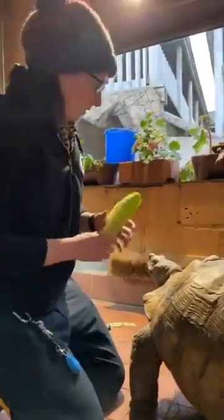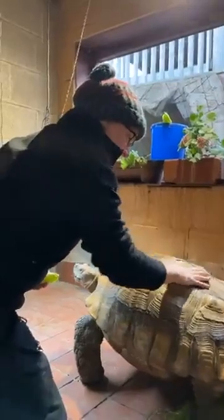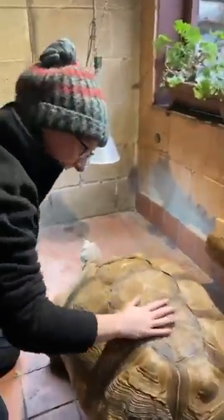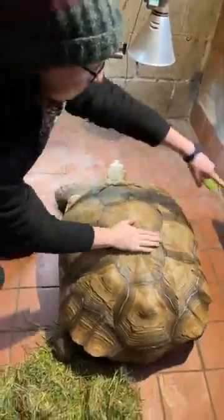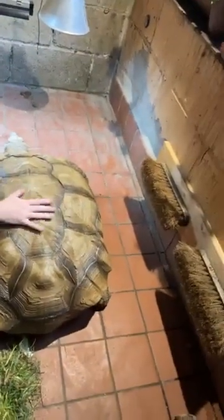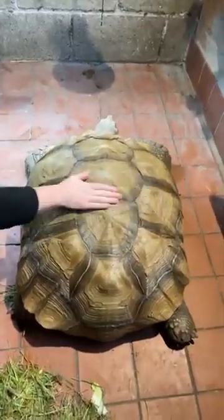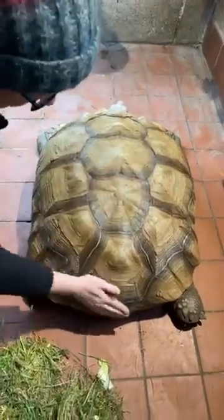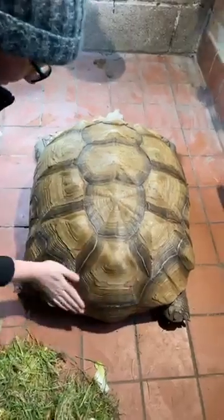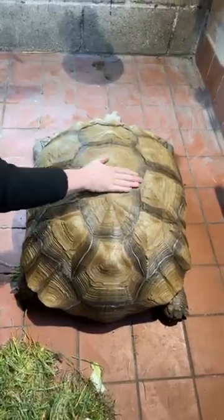Shall I show you the tickle spot? Oh, he's focusing on that now. Right. So I'll start wiggling. There you go. If anyone's seen the classic video of the little tortoise under the water with a toothbrush, this is Jack's version. Instead of a toothbrush, we have big brushes here that he likes to brush his shell on. But this is his tickle spot. You'll see him just drop down and just kind of sit there, because this is his tickle. There we go. After a little wiggle, he just has to sit down. So he can feel everything. And he's got a little tickle spot around here somewhere as well, but that's the main one there. And he'll go to sleep as well, so...